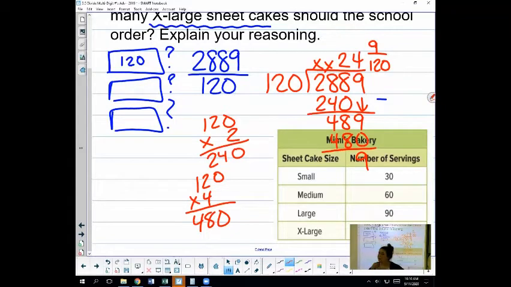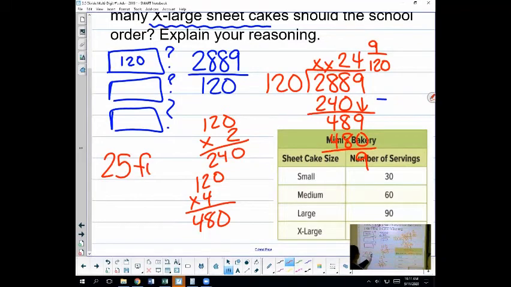This question is asking you to be reasonable. If I buy 24 extra large sheet cakes, is that going to serve everybody to ensure everybody gets a piece? Well, in this case, no. I'm going to have 9 people that are not going to get a serving. So we need to order how many sheet cakes? Not 24. We need to order